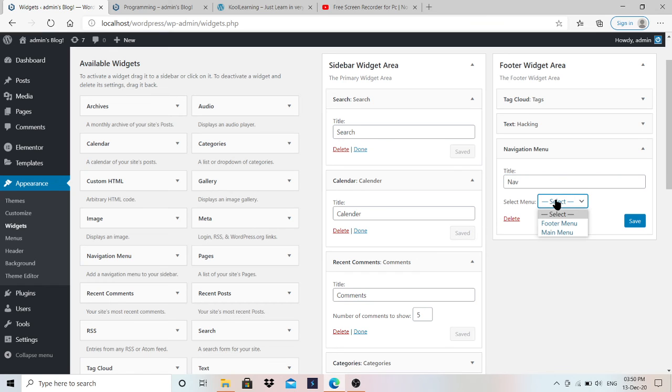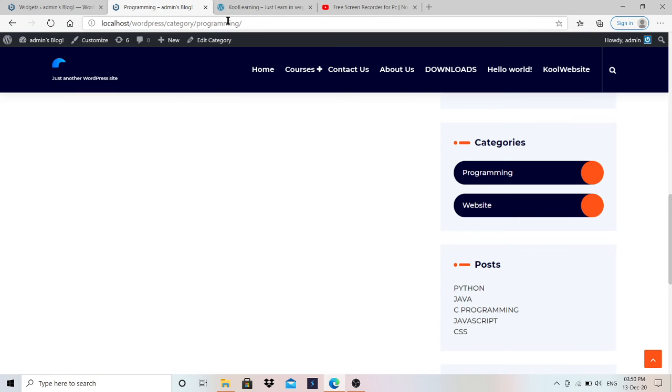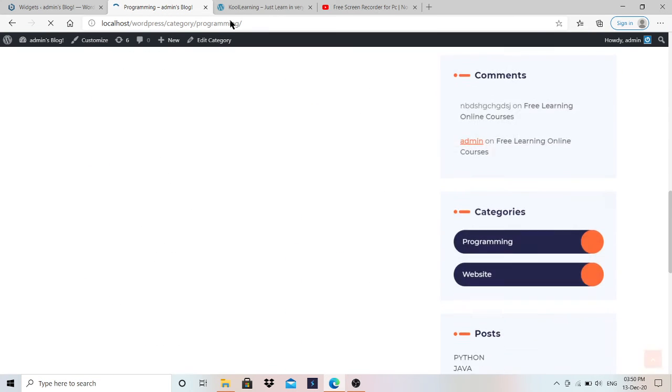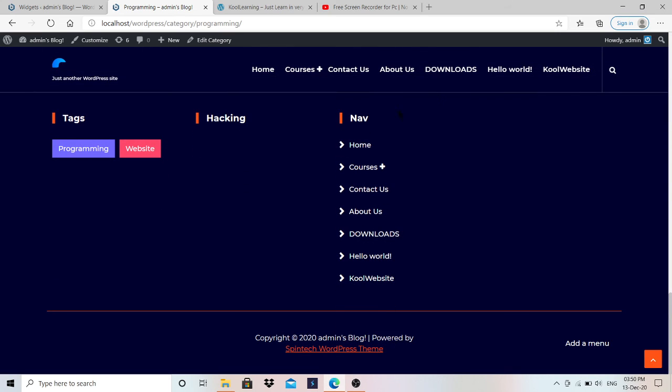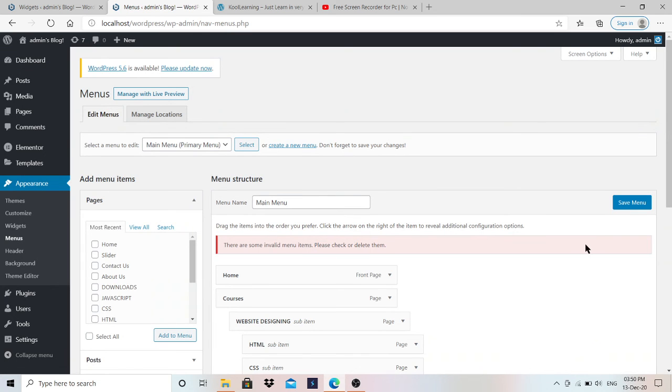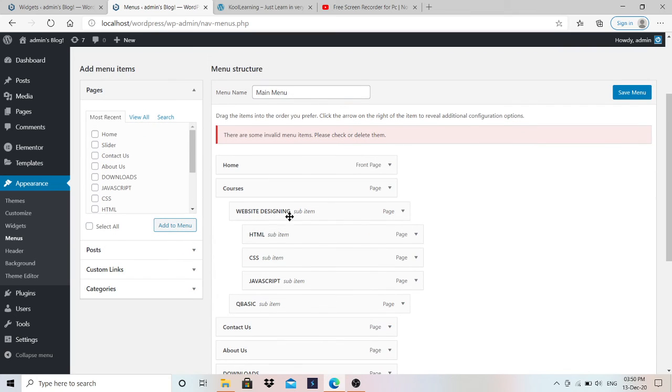From here you have to select main menu, because this is the menu I have created and it has a few menus in it. Okay, if I go down to the footer area, as you can see here, this is the navigation area. From here the user can navigate, or the option to add a menu is also here, so you can add a menu by clicking here, and it will redirect you, and from here you have to select and add it to the footer also.